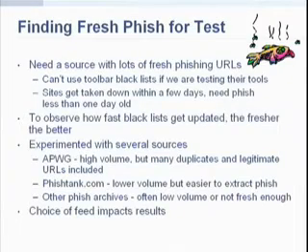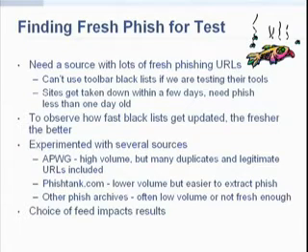Something that's very interesting too is how we get these URLs to find the phishing attacks. We need a source that has lots of fresh phishing URLs. We can't use the toolbar blacklists themselves, because if we do that, then we can't evaluate that same toolbar, otherwise we'll get 100%. Sites also get taken down within a few days. The average time a phishing website is up is about 4.5 days, it turns out. We also want to observe how fast blacklists get updated. Obviously, the faster it gets updated, the better it is.